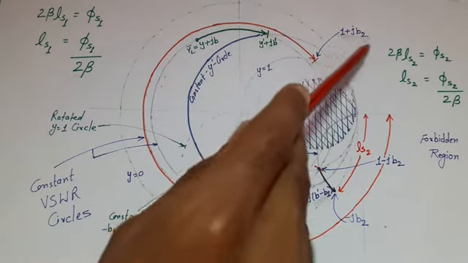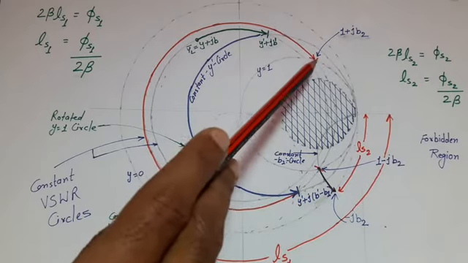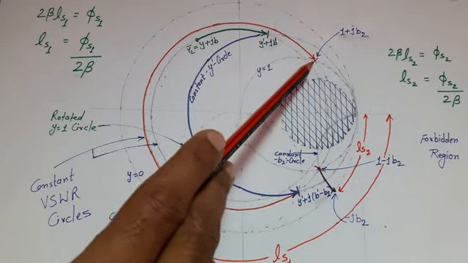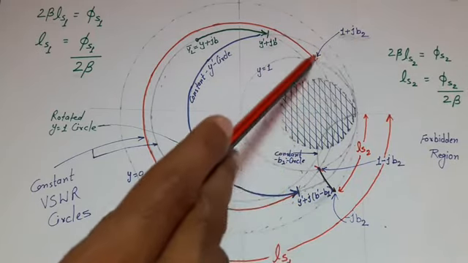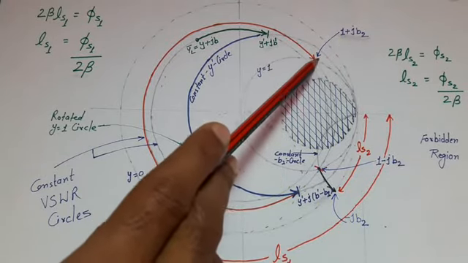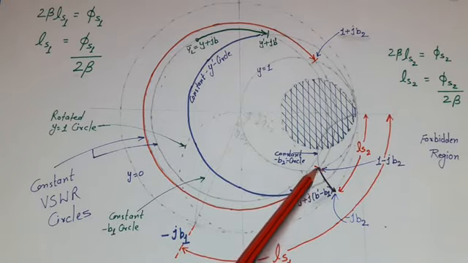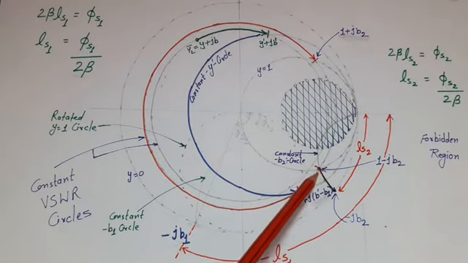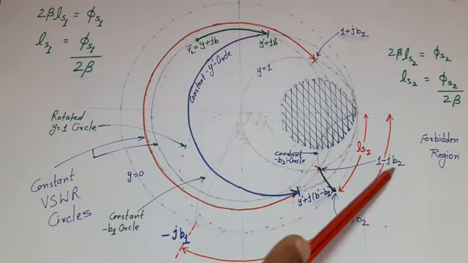And how we can get this? For this, first of all, we have to mark admittance minus jb2 in the Smith chart. How will we find minus jb2 admittance in the Smith chart? For this, take the mirror image of this point. The mirror image of this point is this. As this point is again on the constant y is equal to 1 circle, only the reactive part will change its sign. So the admittance corresponding to this point would be 1 minus jb2.